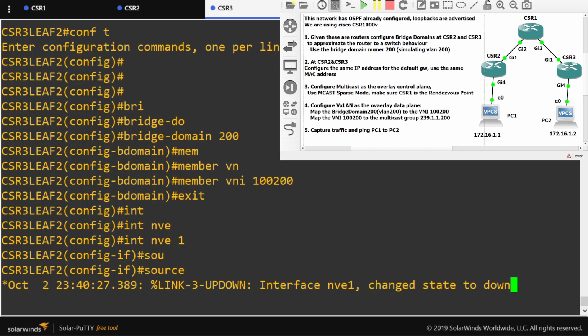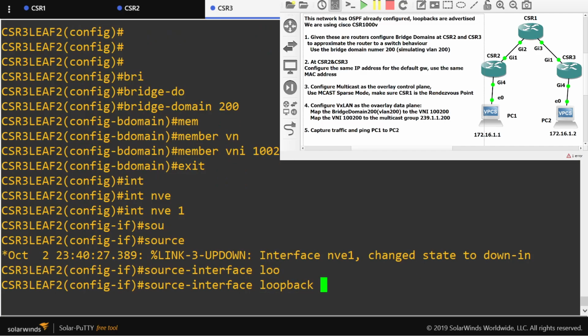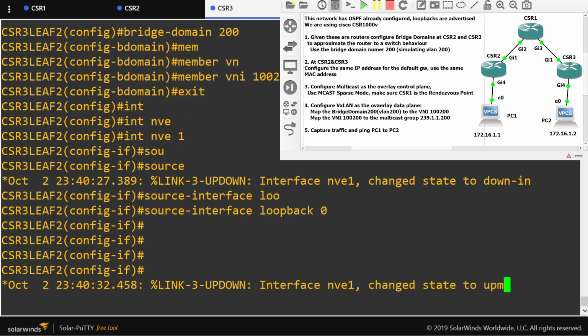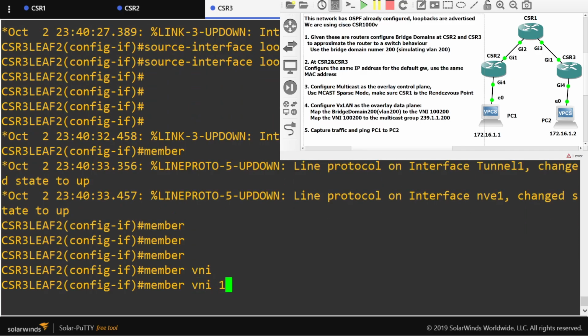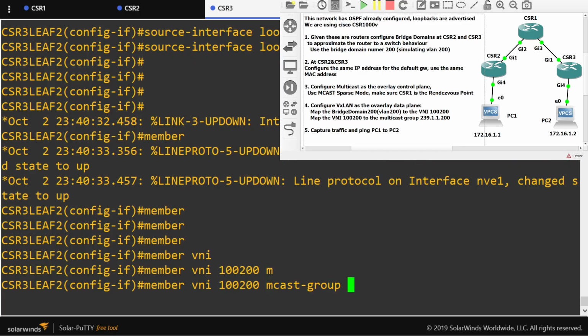Source interface for these tunnels will be loopback 0, and then for the VNI 100, 200,